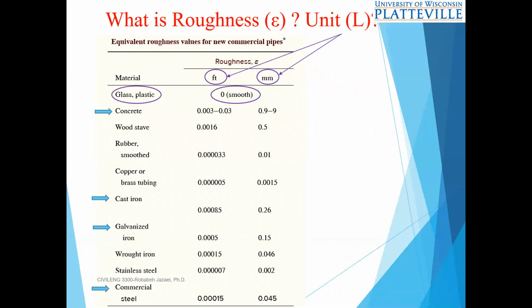All right, let's find out what is roughness. There is a table in your textbook where you can find the roughness. If you look at this table, you can see, for example, for glass, the roughness is 0. And there are 2 units here, millimeter and feet, because the unit for roughness is length. For example, for concrete, you can see roughness is 0.9,